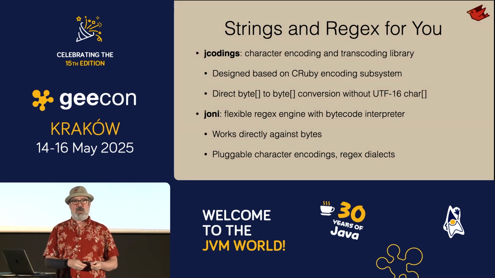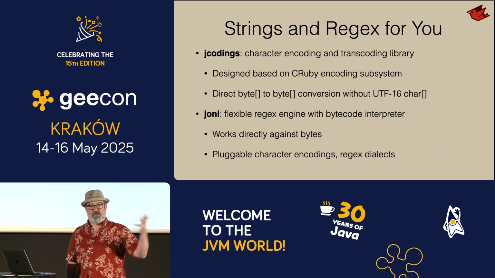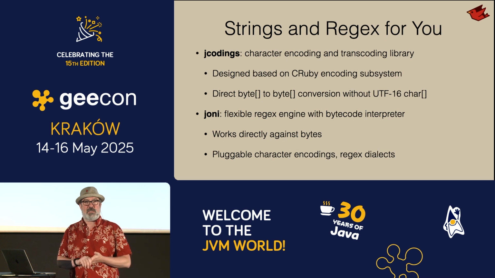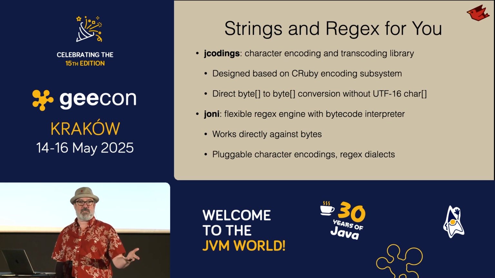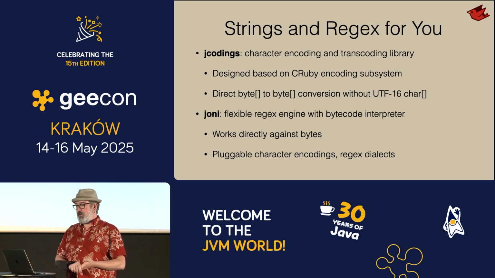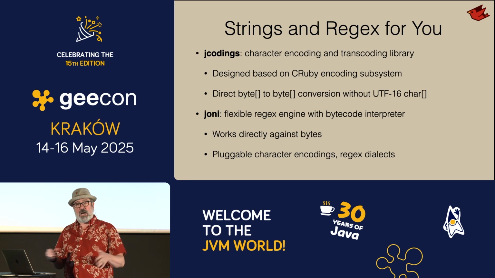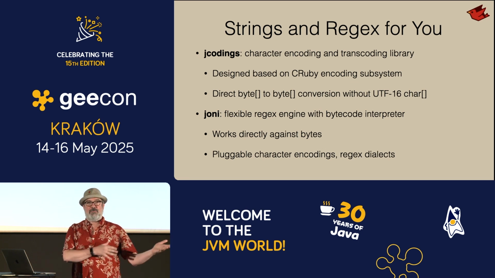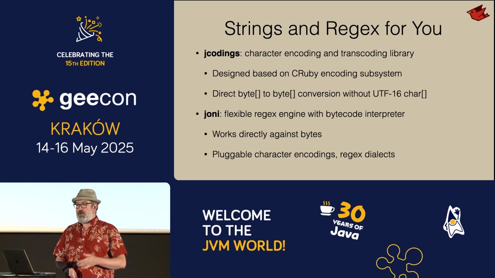The JCodings library provides a way to transcode byte-to-byte arrays, never have to go through a UTF-16 character. You can leave bytes in their original format that you've read off disk, such as Latin 2 for Polish here, or any other of the 7-bit encodings. It's designed on the same encoding system that CRuby uses, with an optimized transcoder, optimized internals, specially designed for the JVM. And then we have our regular expression engine, Joni, which can work again directly against byte arrays, directly against